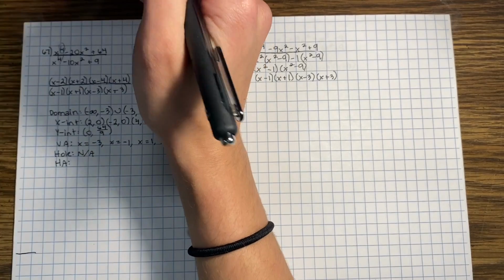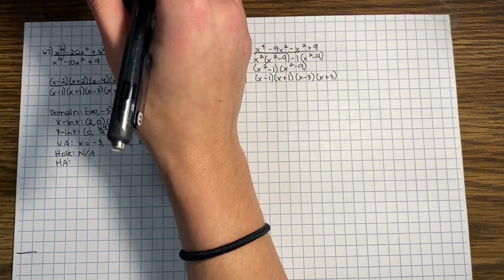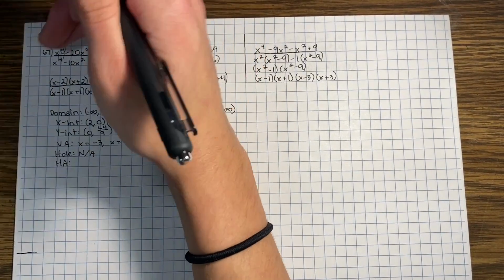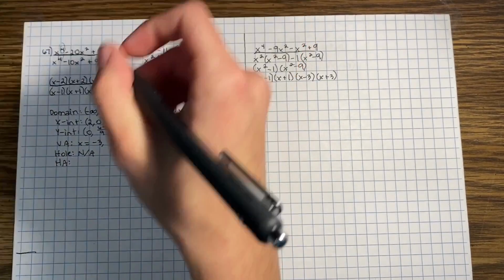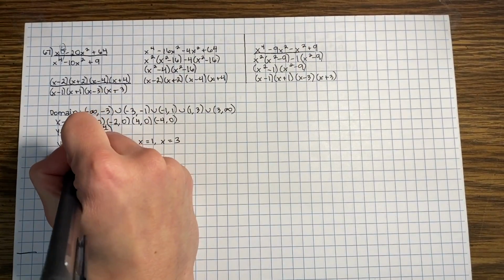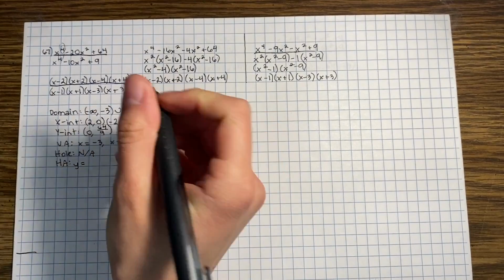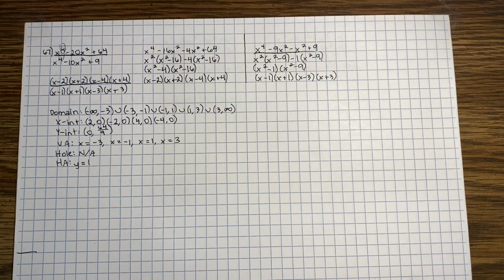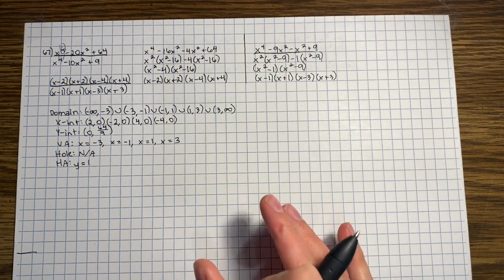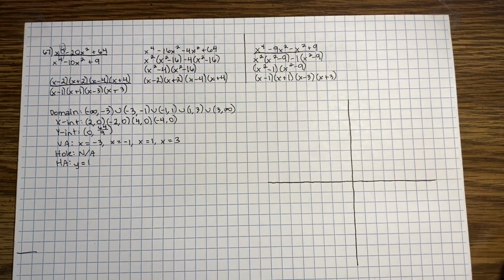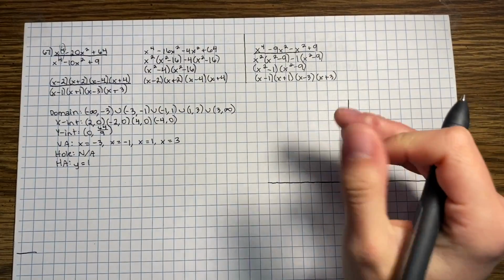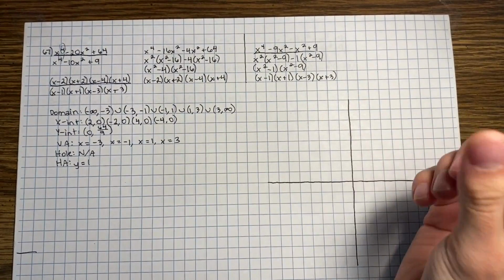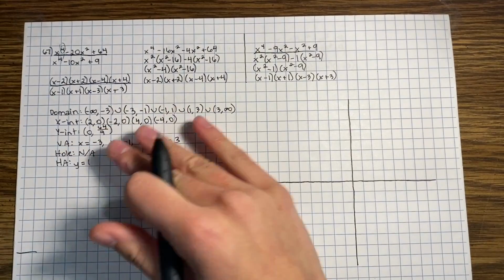So you're basically going to do the ratio of the leading coefficients for the numerator over denominator, so just the ratio right there. So that's going to be 1, and since this is a horizontal line, you're going to put y equals 1. So here is where you are actually ready to go ahead and graph. Okay, so here's where you're going to go ahead and put your items from here that you can put onto